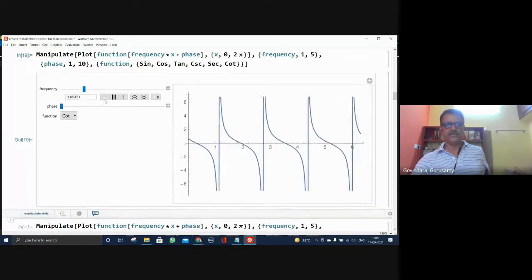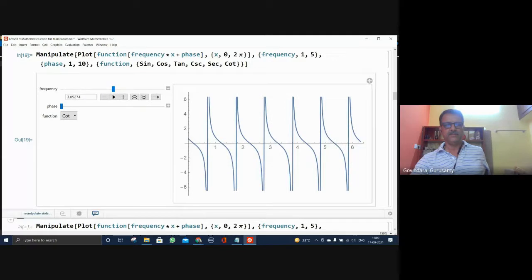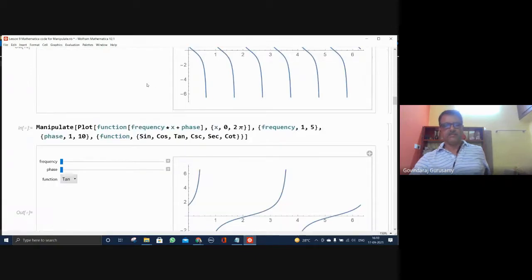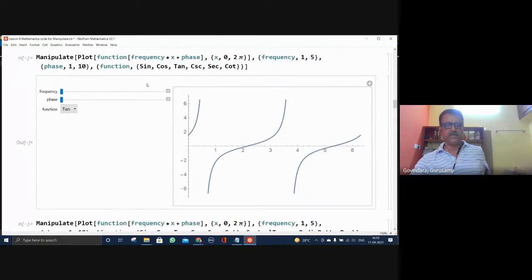Very nice to see all the functions, and you can see the same thing manipulated. This is being done with two variables, and those two variables have been extended simultaneously, one by one, on the sine, cosine, tan, cosecant, and secant parts. Okay, so this is what has been done.